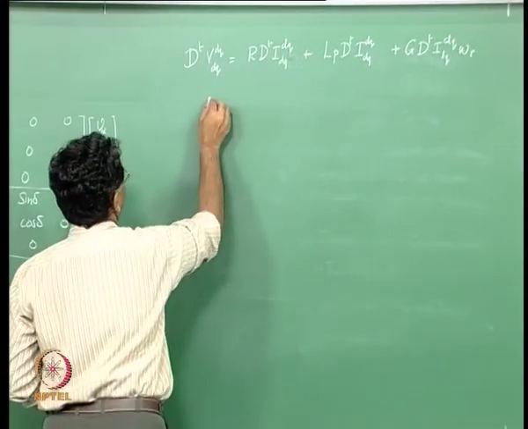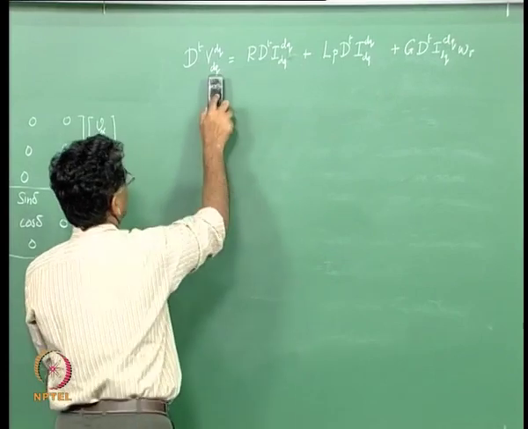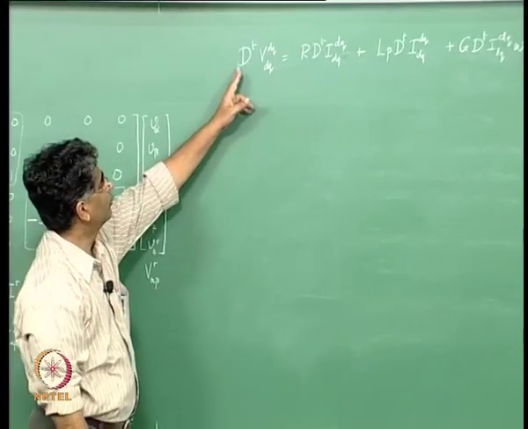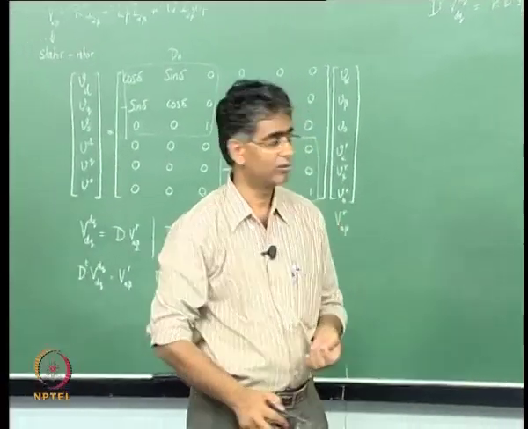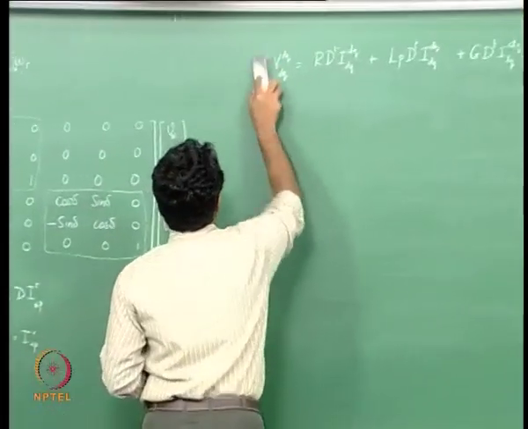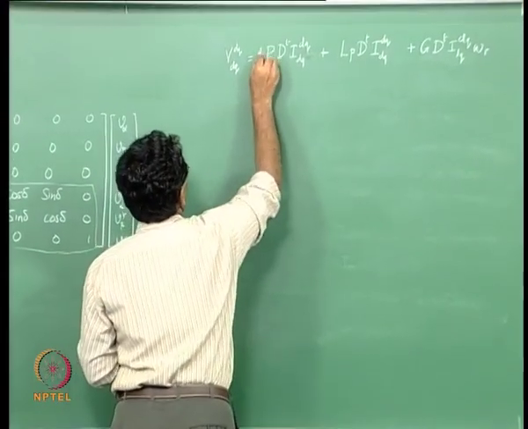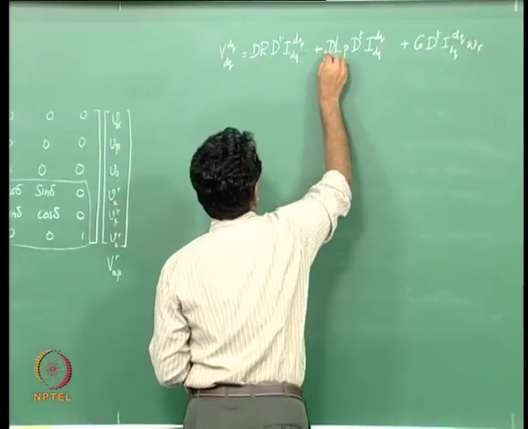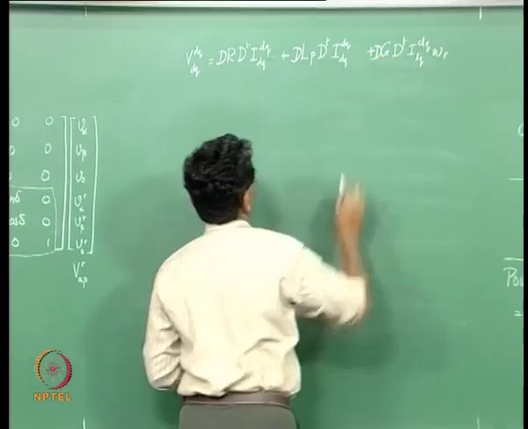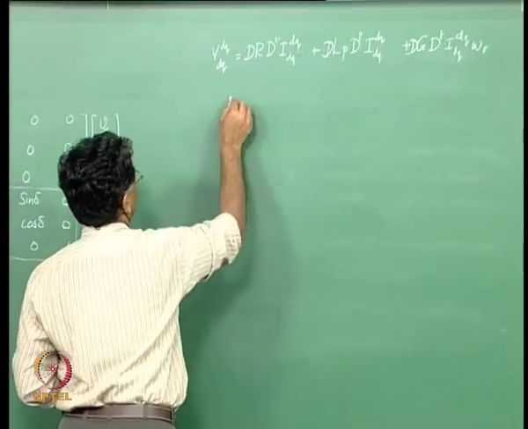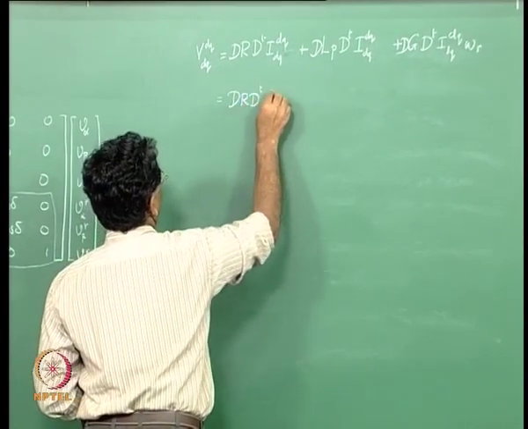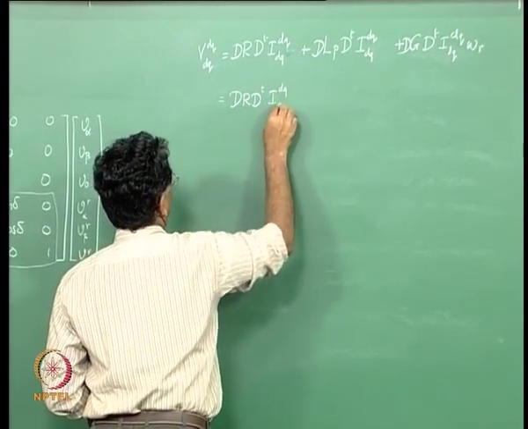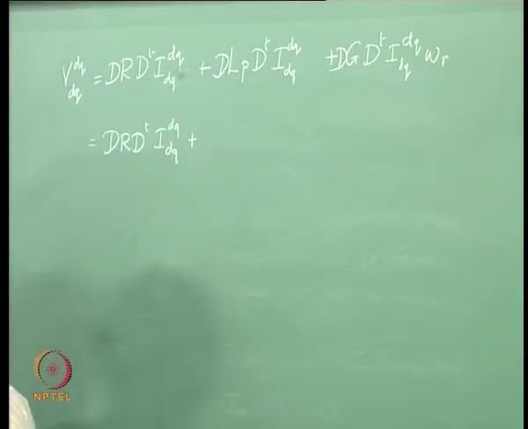And therefore, if I want to find out V dq, you have to multiply by the inverse of this matrix throughout, and again inverse is nothing but the transpose, and therefore, this is d times here, d times here and d times here, and therefore, this simplifies as d R d transpose I dq plus,